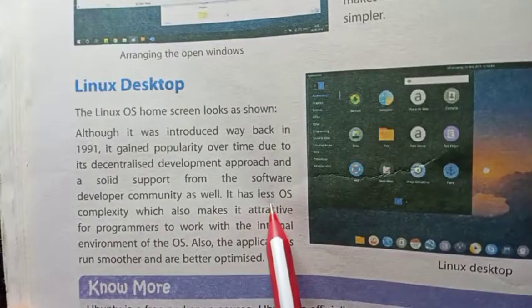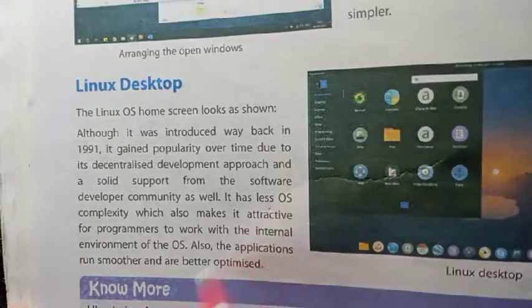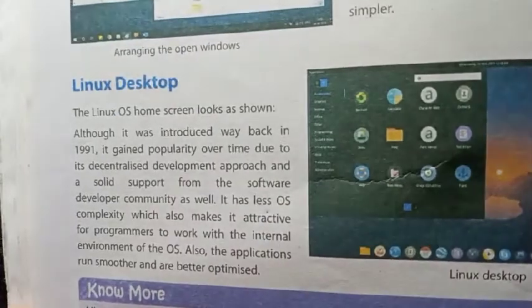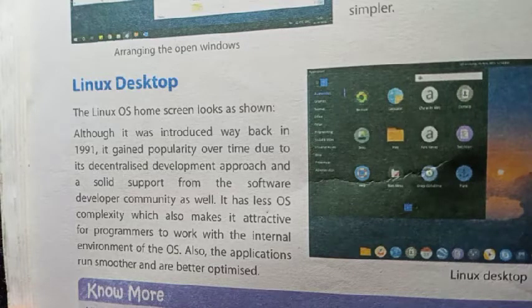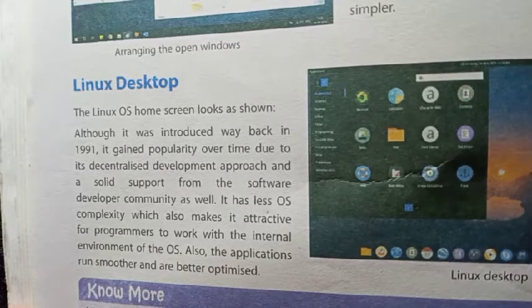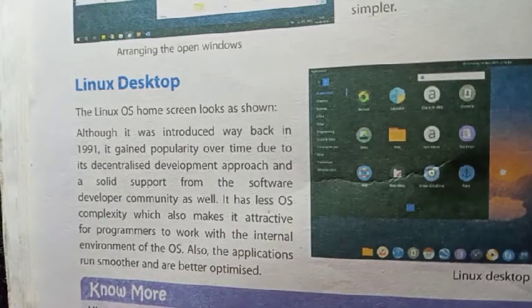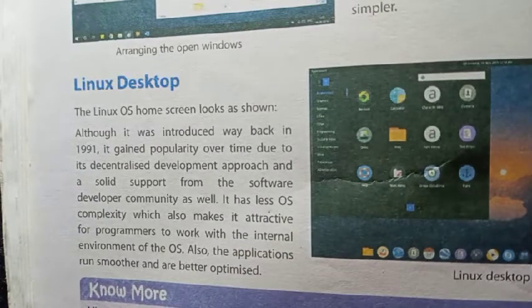It is not as complex as other operating systems, so working with the programs is easy. It is easier for programmers to write applications for the Linux operating system, and all the applications run in a smoother and better way.